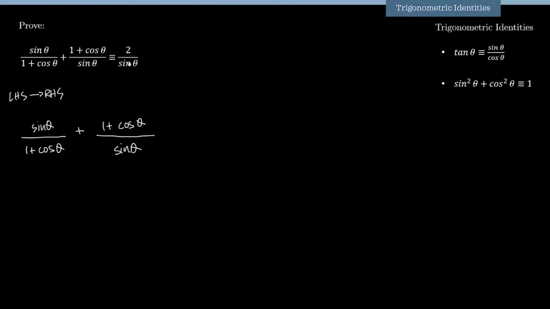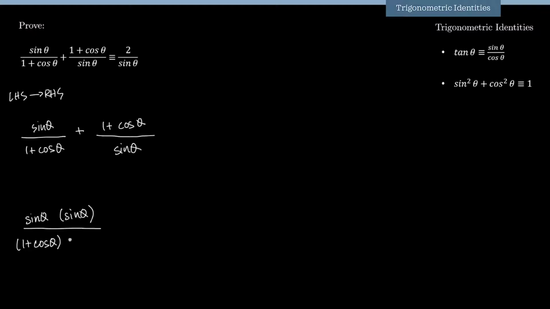Now on the left hand side, you can see that there are two fractions. So I need to add these two. And for that, I'll need to make a common denominator by cross multiplying. I'll be multiplying and dividing this fraction by sine theta and multiplying and dividing this fraction by 1 plus cosine theta. So this fraction would become sine theta times sine theta and divided by 1 plus cosine theta